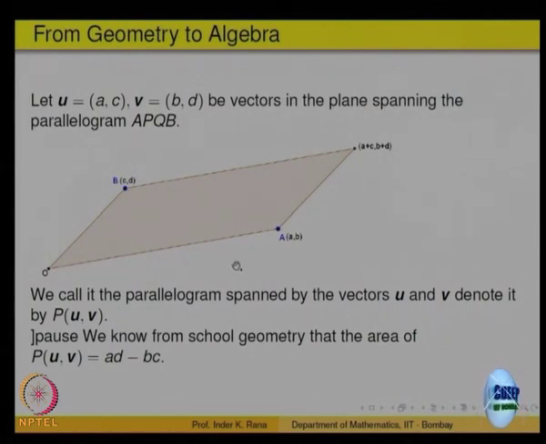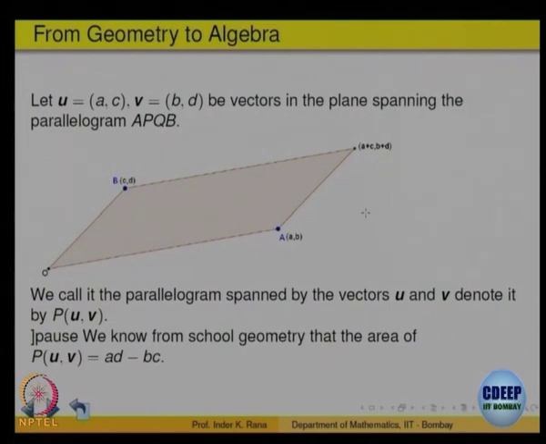So, suppose we are given a parallelogram defined by two vectors, OA is one vector and OB is another vector. So, let us say one vector is AC and another vector is AB. So, these two vectors, this is U and this is V, and they define a parallelogram. Any two vectors define a parallelogram by drawing vectors parallel to them. If you recall your vector algebra, the diagonal of this parallelogram gives you the sum of the two vectors,